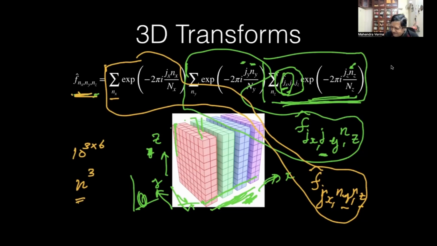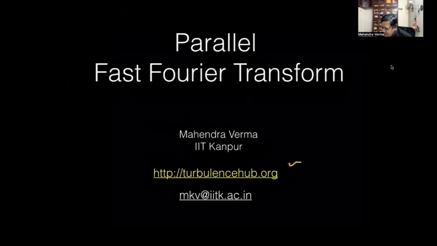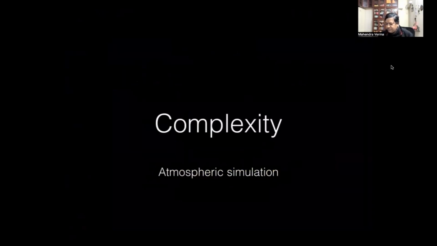So that's what I will describe now, how to do 3D integrals using FFTs. I will show you how it works: parallel fast Fourier transform. I discussed already for weather forecast that the number of grid points is huge. In fact, 1000 is less than what is required in weather forecast. So you really need a large number of grid points, so we need to use fast Fourier transform and parallel.